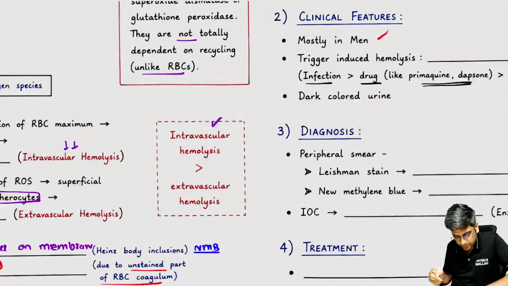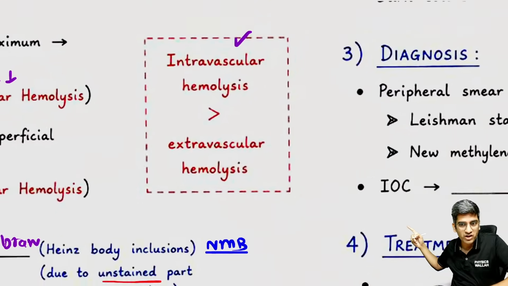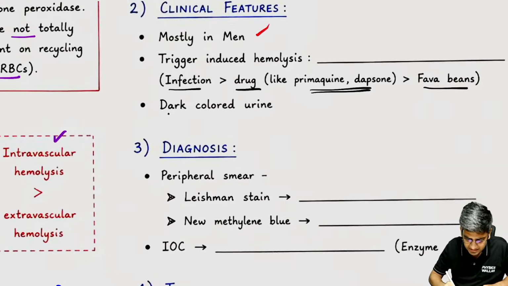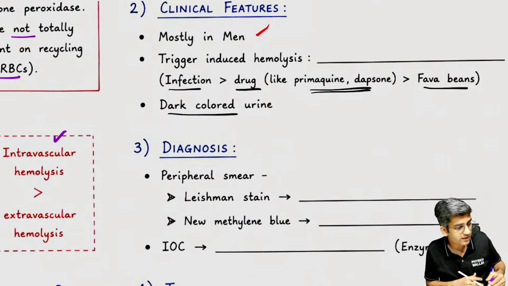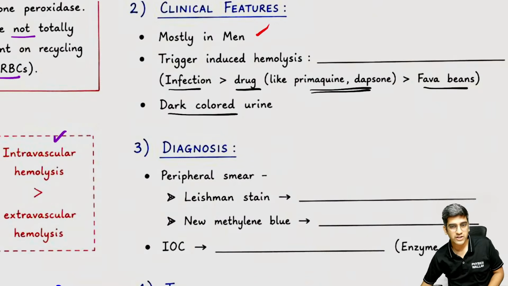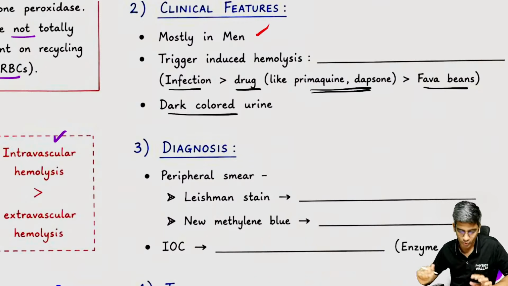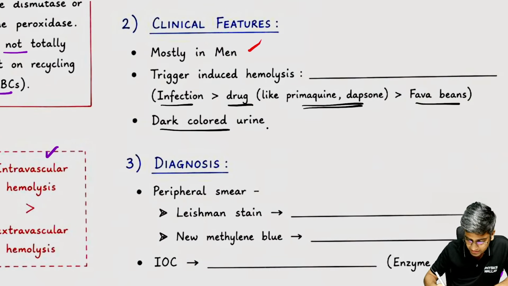Since I told you intravascular is more important than extravascular, you will definitely have dark colored urine. That's a classical finding, right? Yes, Walikar, Robbins is wrong. I told in the lecture, Robbins is not updated. They'll update it hopefully soon. Fine. So dark colored urine, hematuria is a classical finding because of intravascular hemolysis being more, right?